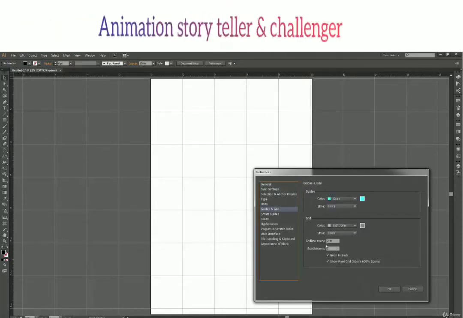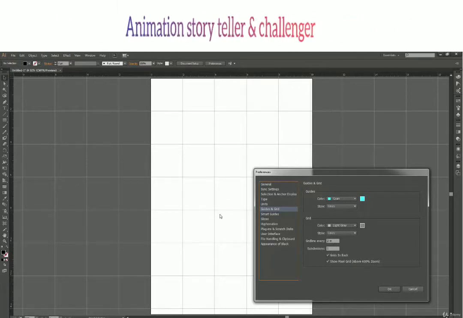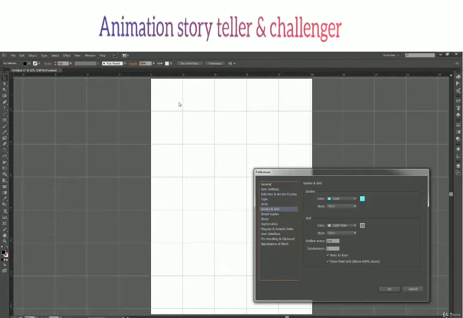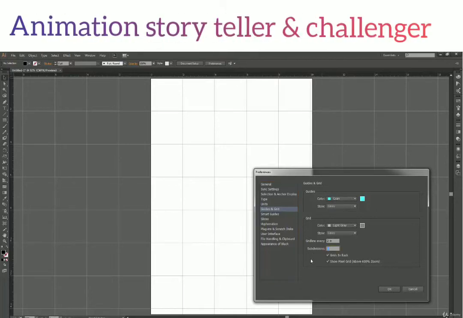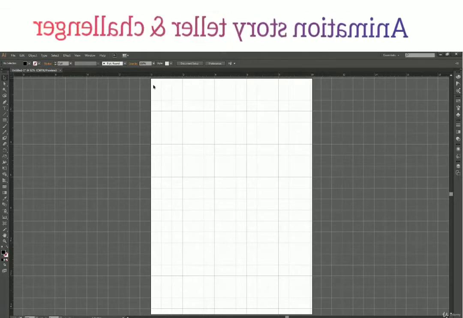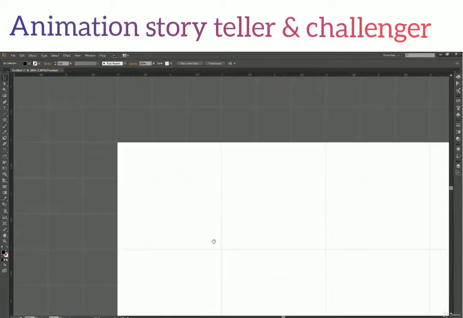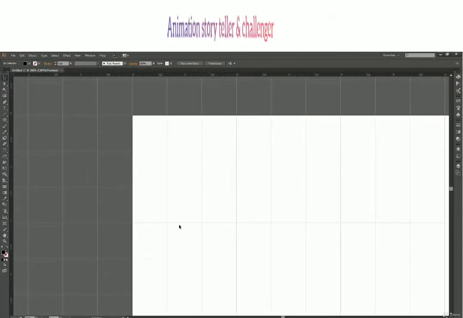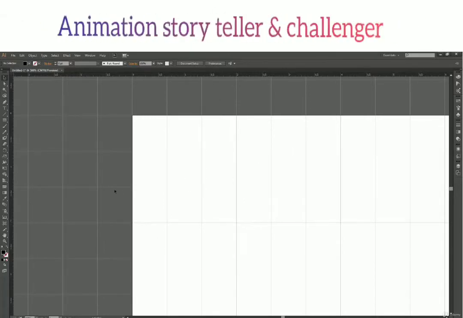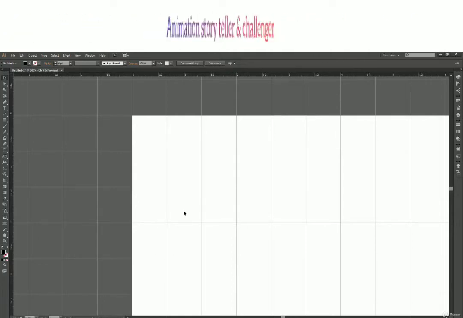Now again we can subdivide this. So let's say subdivision is like every box. If I take this box, in how many layers do I want to divide this? Let's say I want to divide this box into 3 more subdivisions, so press OK. And now you can see, let me zoom in. This dark line is our grid lines, and these lighter lines are subdivision lines. So it divided every grid box into 3 subdivisions.